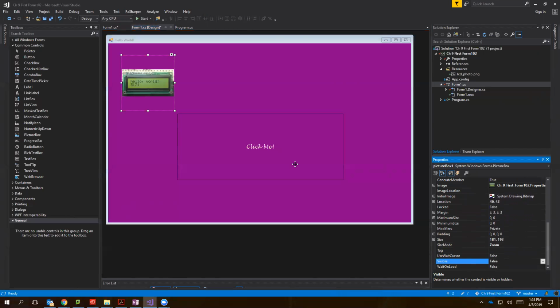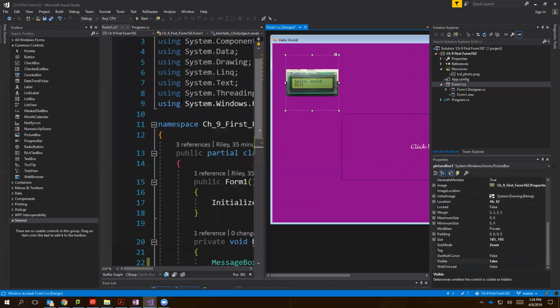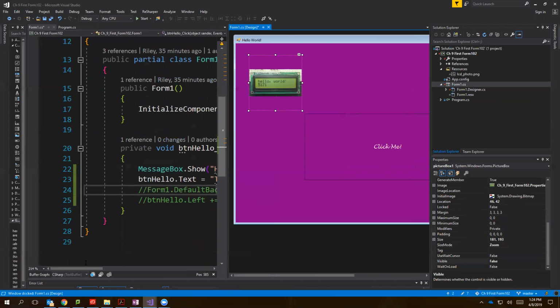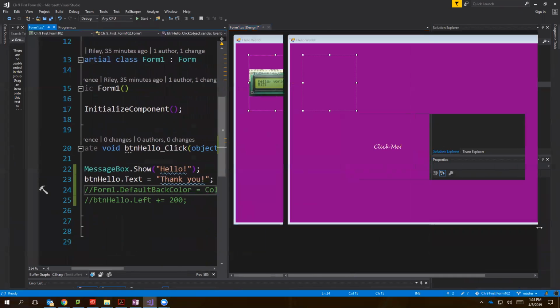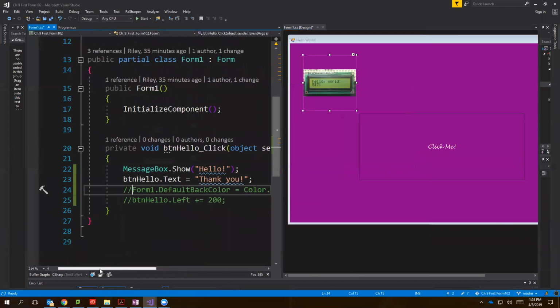so that you can't see it, and then I'm going to look at my code. I would kind of like to look at my code beside this form. So I can right-click on my tab and choose New Vertical Tab Group, and then I can see them side by side. I'd have to rearrange some of my other parts. Now that I can see everything,